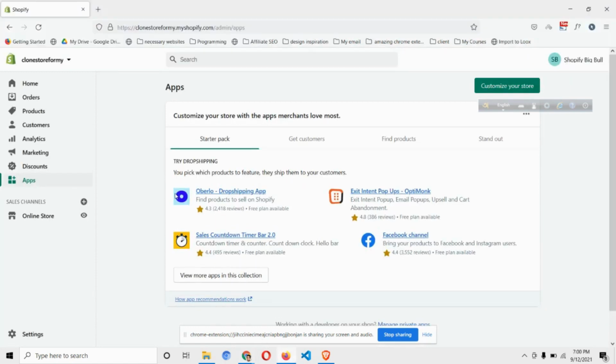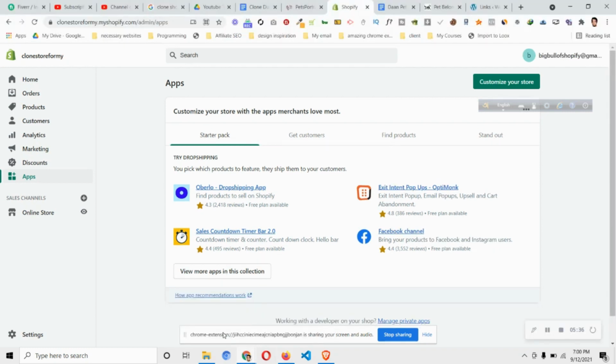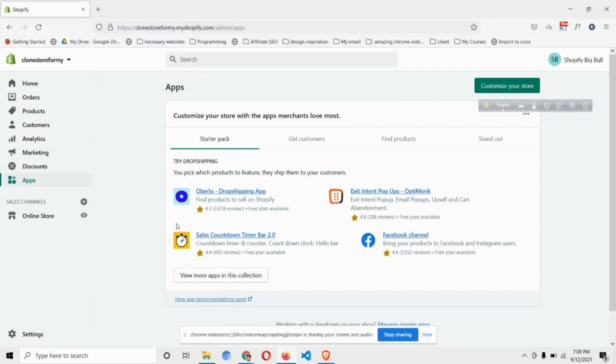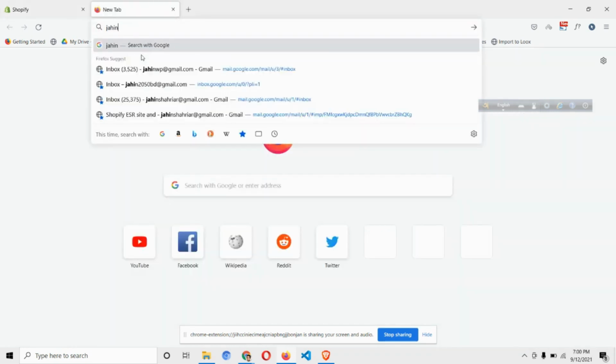Okay, so to add the app, we first need to set up a store. So I already have set up a development store. You can set up a store with a Shopify trial or a development Shopify store as well. And the next task is to just follow this link